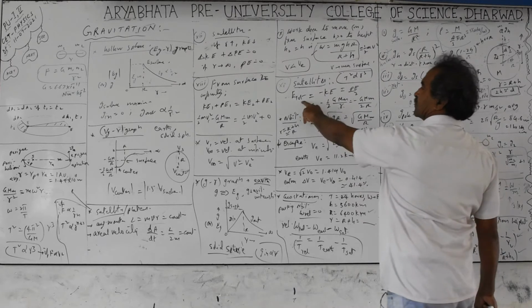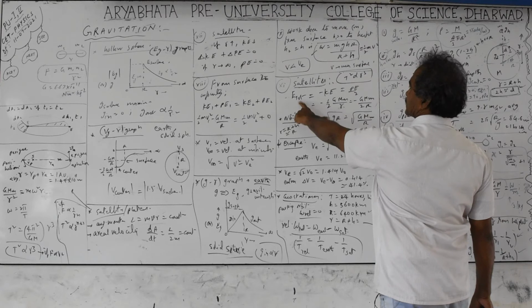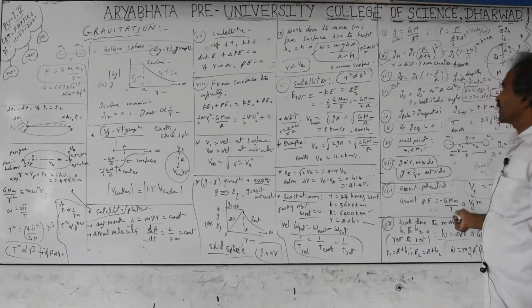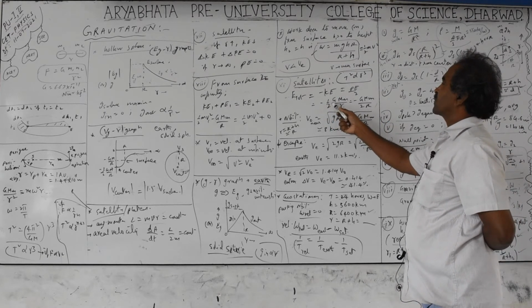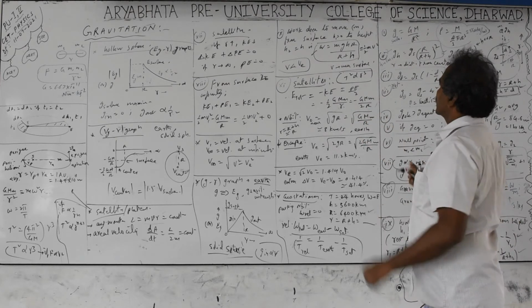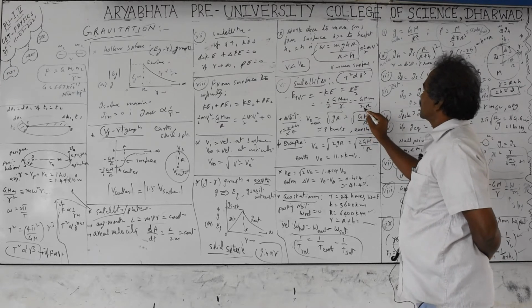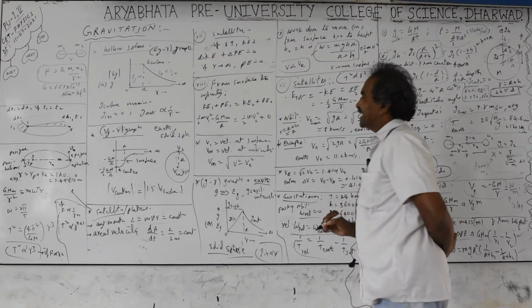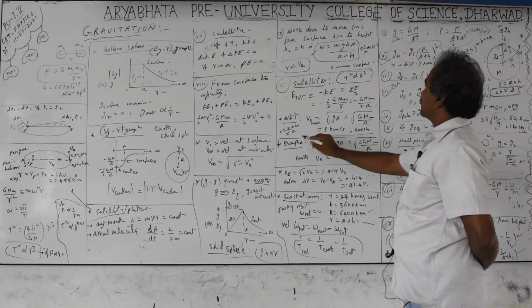Next, some formulas, not escape velocity, orbital velocities. Okay. Next, E total; this kinetic energy formula from this potential energy we have already taken. From that relation we can calculate it as kinetic energy half mv square, half GMm by r minus GMm by r. If you take this r and R relationship, what you get here is this small r is equal to capital R. You have to take this only near the surface, very close to the surface. You are taking h approximately 0. In such cases we take small r equal to capital R.